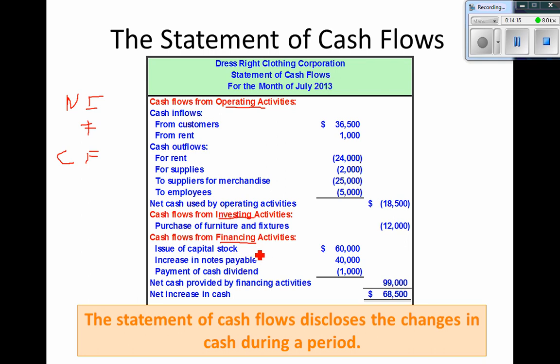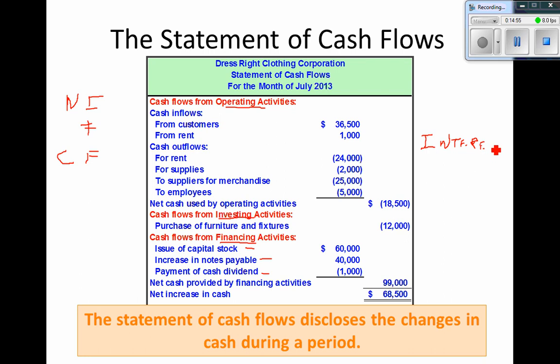which is the issuance or repurchase of common stock, the inflows from loans and other types of debt instruments, and the payment of cash dividends. It's important to note here that interest is reported on the statement of cash flows as an operating activity,